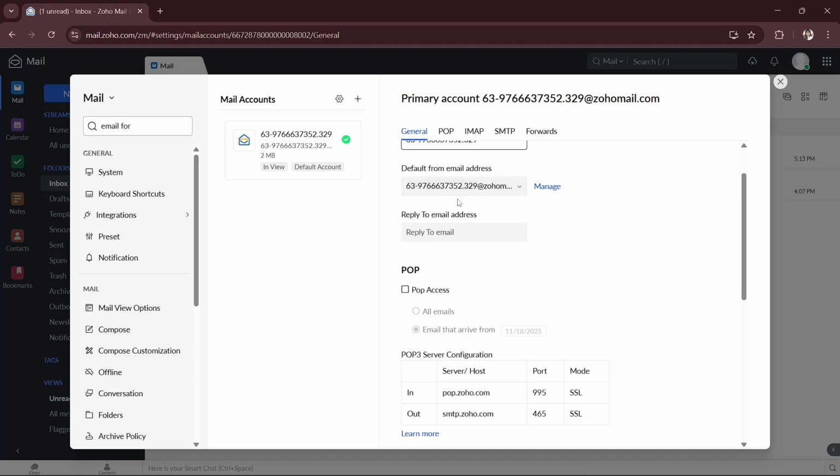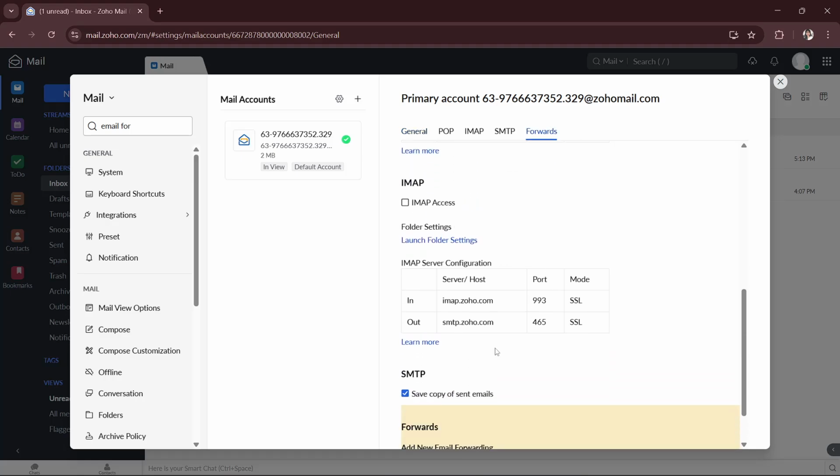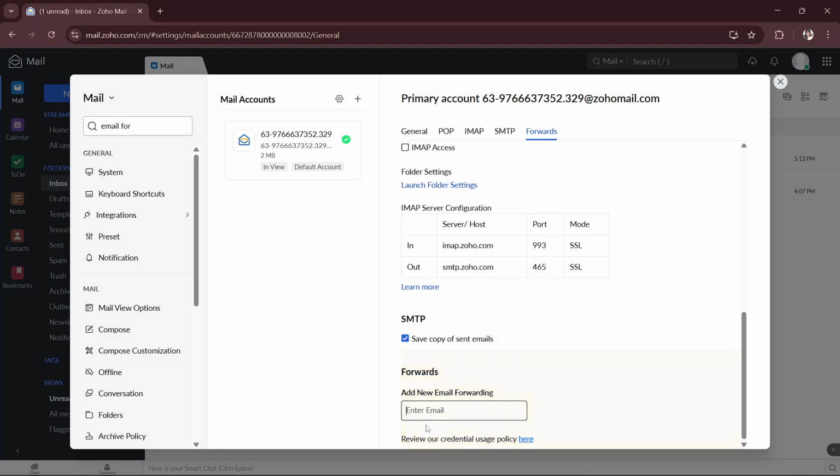And then what you will have to do is confirm the forwarded email, and then Zoho will send a verification link to the email that you entered. By the way, this is where you will add the email. And then you will just have to click confirm once Zoho sends the verification link to you,